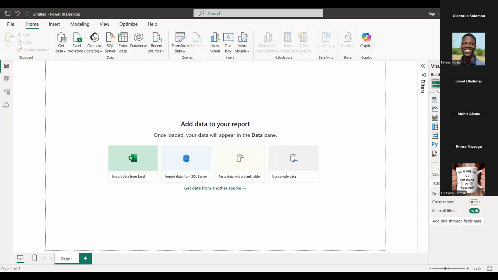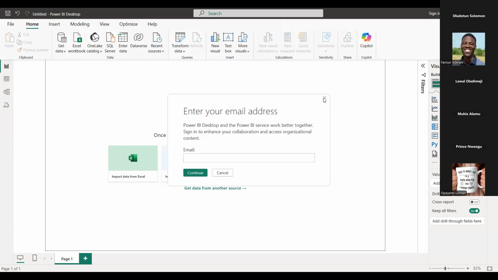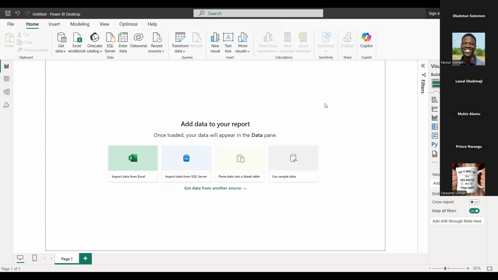Whenever you sign into your Microsoft account and you publish your work to the Power BI server, that is Power BI Service. So what I was showing you before was on Power BI Service. As you could see, the interface was a little different from what we would normally have in Power BI Desktop.